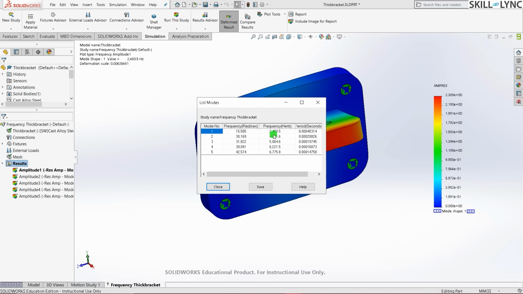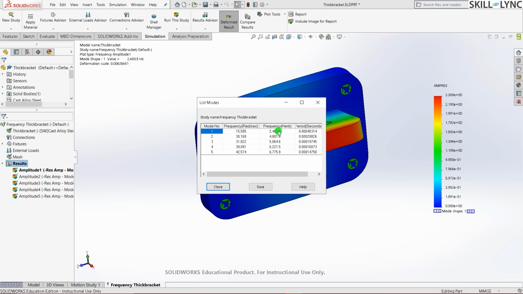So the main reason why I am specifically mentioning the first mode is because by default, what the solver does is it gives you the lowest 5 frequency values. So that's why I'm considering mode 1 as our benchmark for comparison. So you can notice here that it is 2480. It is about 724 Hertz, much more than that one. So let's just note down this value, and now we'll go ahead and do the frequency analysis of the bracket